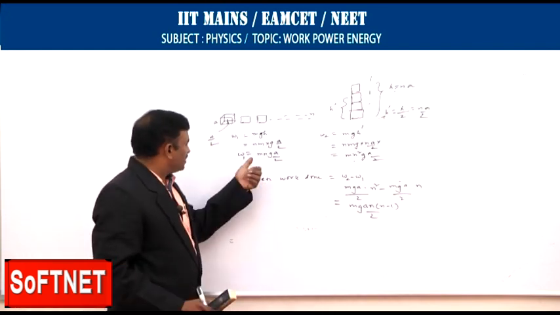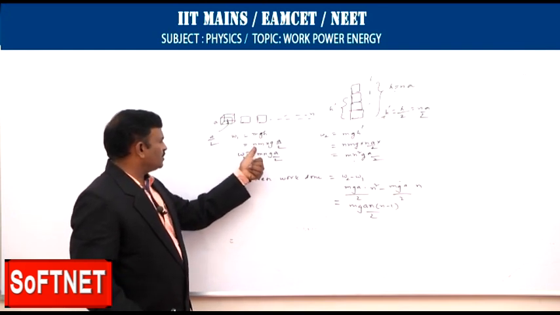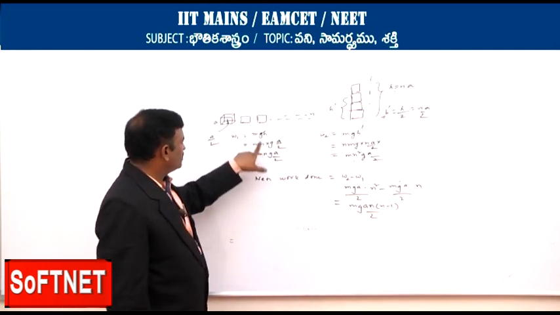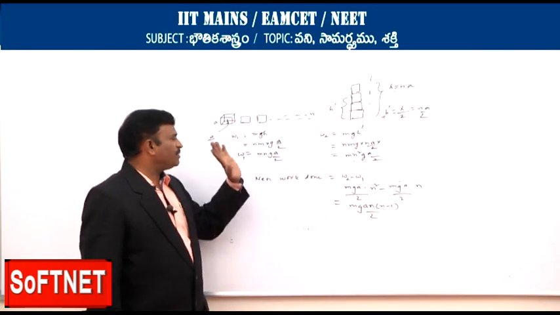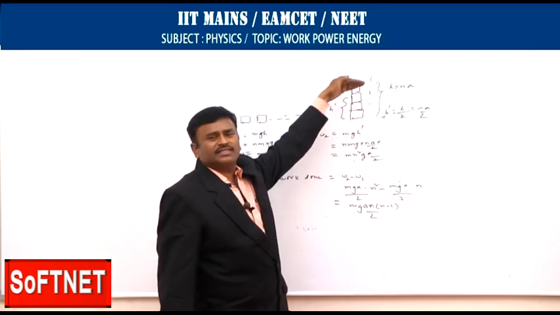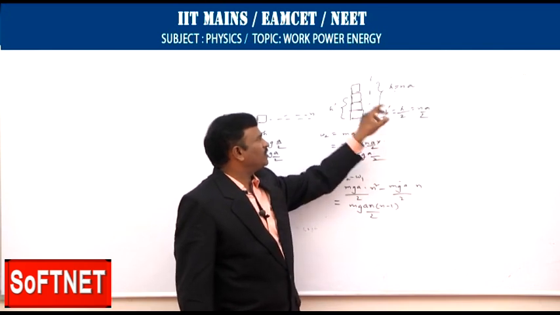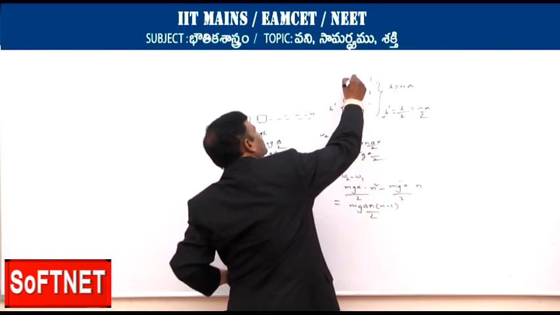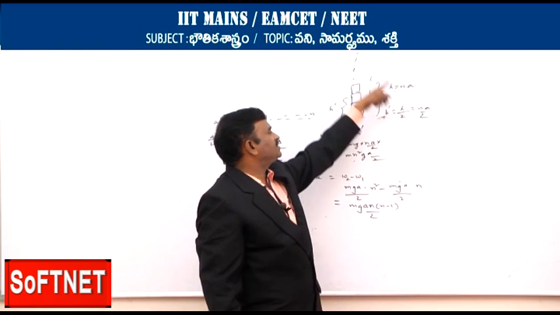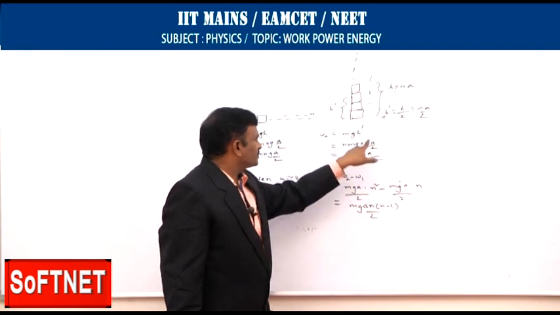Again, I am just revising. Here each block is at a by 2, and total n blocks are there. N blocks means n mg a by 2. Work done is mgh, where m place is nm, g place is g, h place is a by 2. So mn g a by 2, clear. Next, the block over, we are placing mg h dash. H dash is h by 2 because the center of mass will be at h by 2 height even for n blocks. H is na, so h dash is na by 2. So na by 2 I write in place of h dash.